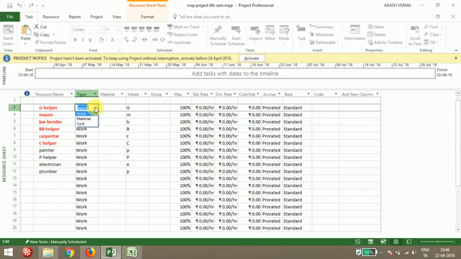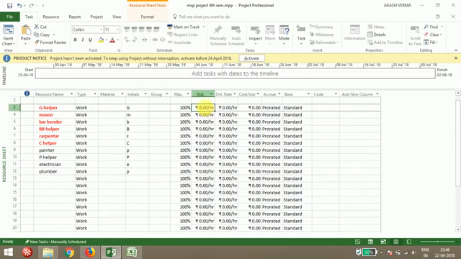If you are providing any material like cement or steel, it goes under material. And if you are providing any machinery for excavation, it goes under cost. I'm giving only the work part here. Material also you can provide, but I'm not providing it here.